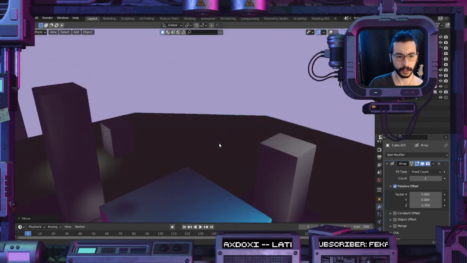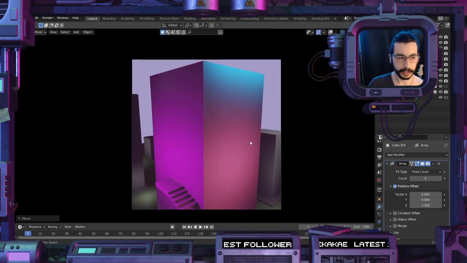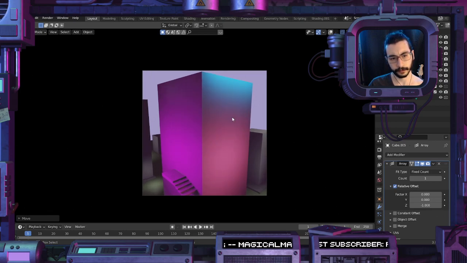Maybe this is gonna be one floor building, and